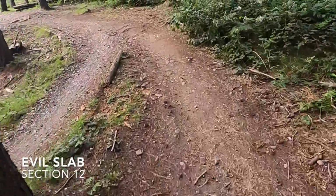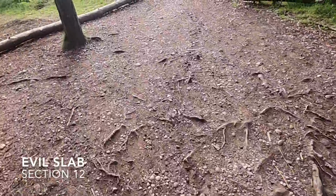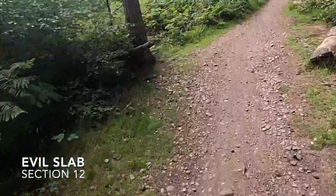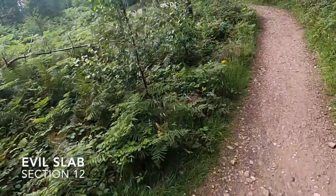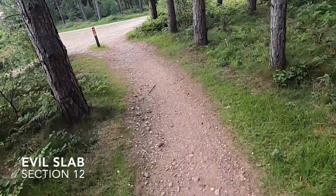And there's the Evil Slab, is actually to the left hand side of where I'm riding there, and it's a very short black section, but it's really something I can't do. You've got to attack it, jump up it, and then flick your back wheel up as well. Now this brings us back out onto the main